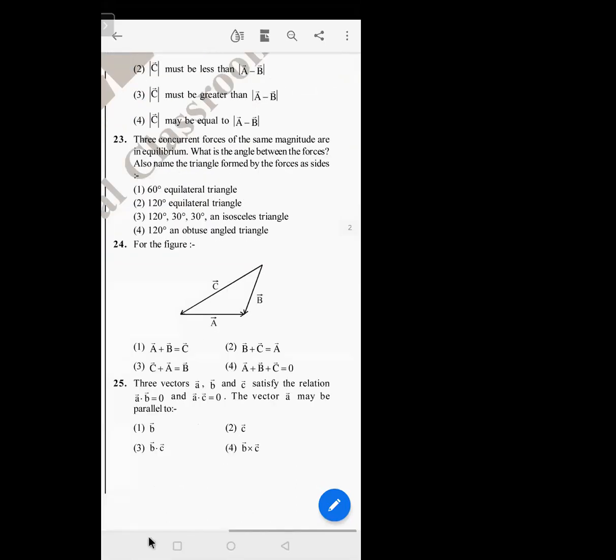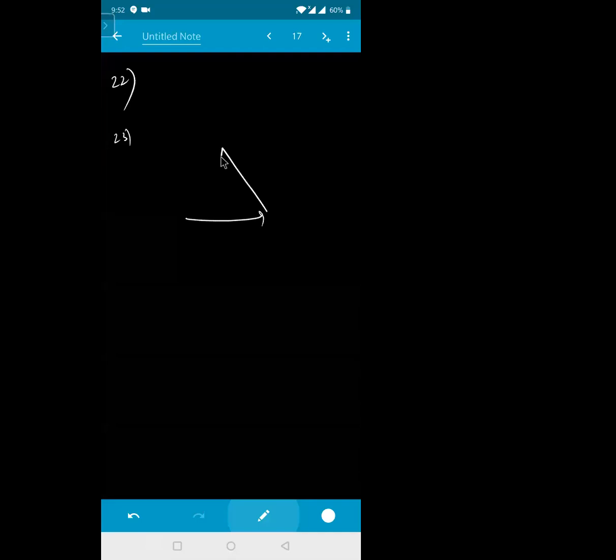मैंने करवाया था क्लास में. Question number 23. This is one triangle, this is one triangle, this is one triangle. If this is angle 60 degrees, this is the angle 60 degrees, this is the angle 60 degrees. So how do you take the angles between them? I told you. Extend this one, this will be the angle. 180 minus 60, this will become for me 120. Extend this 120. One is also equal to 120.